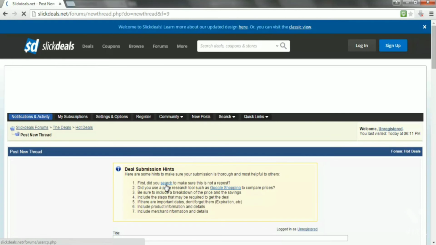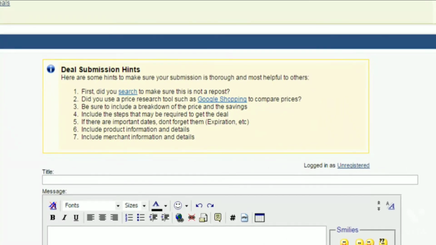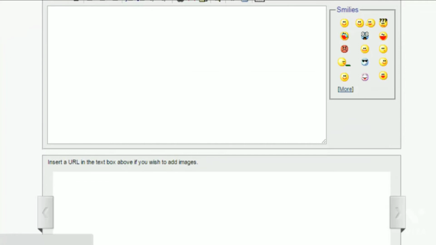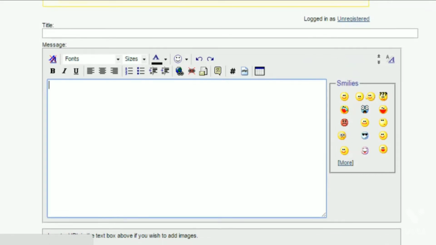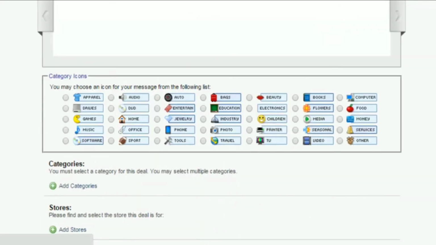It's obviously to your product, so you'll know if it's not a repost. And basically, all you do is follow the 7 guidelines here, enter the information in here, scroll down the page a little bit. As you can see, these are the different types of products or services that you can list on the website. So books is one of them if you have an ebook, or videos if you have tutorials,